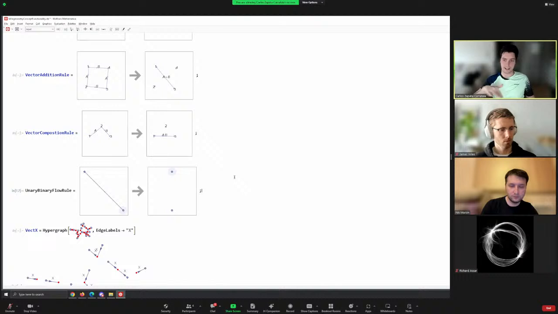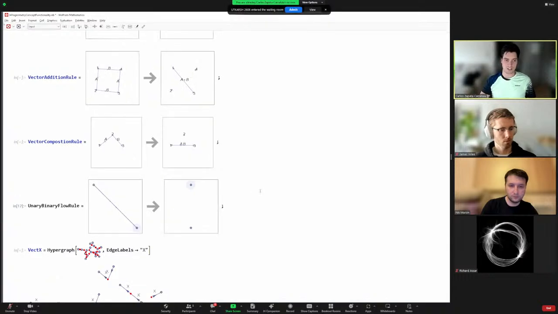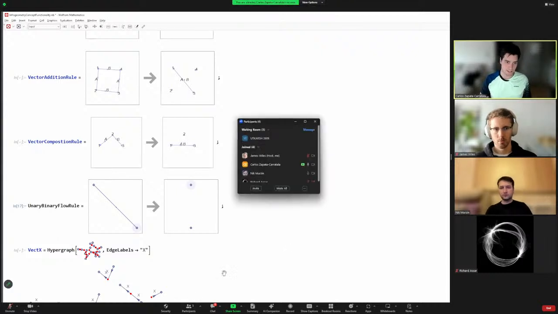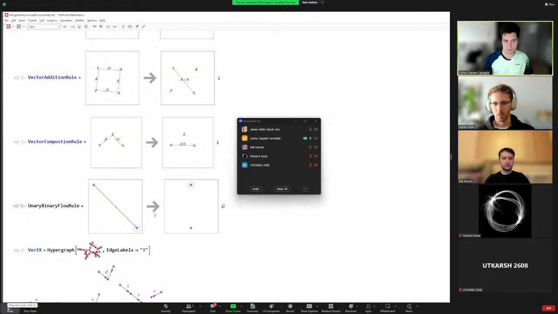We only have unary edges, and then we assume that there is some directed graph that represents the tangent graph, and then we can look at that as a primitive example of what a function can look like. And so my idea is that these rewrite rules could represent